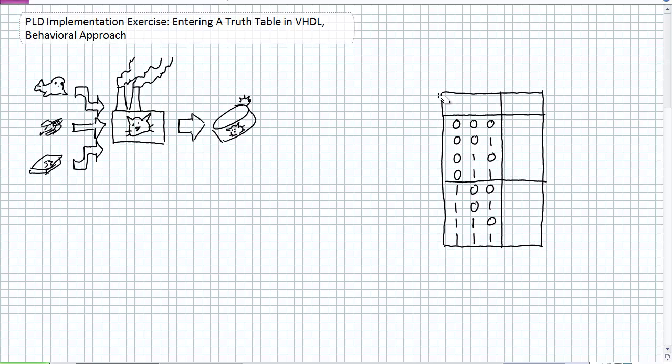Part two of this lecture is we're actually going to show you how VHDL can implement an expression for you. And that's kind of known as the behavioral approach. And I can't believe I'm showing you guys behavioral approach before structural. We'll go into the differences between them, but that's the way it happens. Behavioral approach is basically you're telling VHDL to do something and it implements it for you in its most efficient